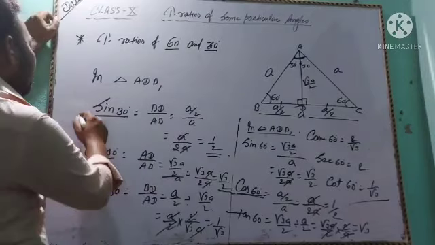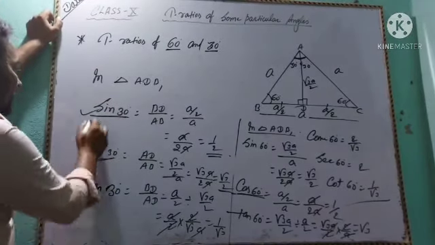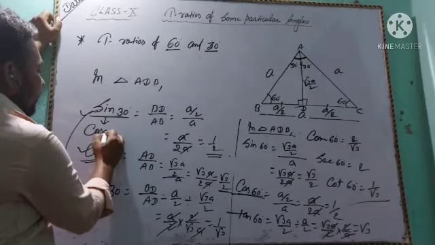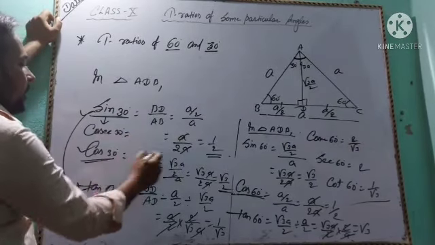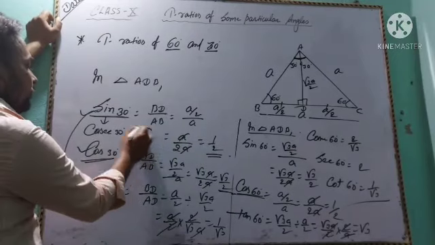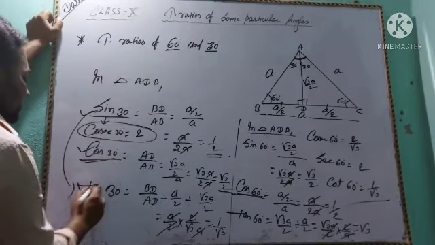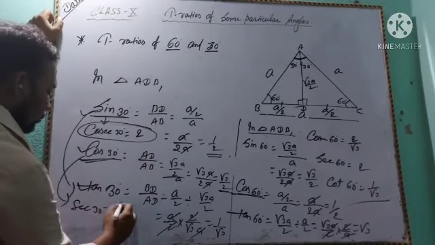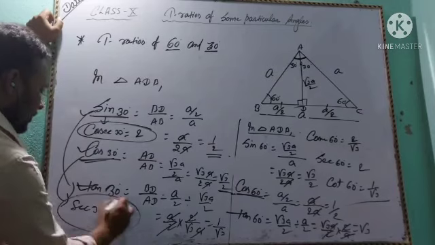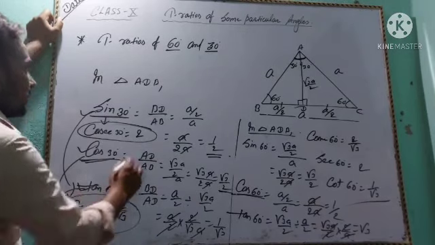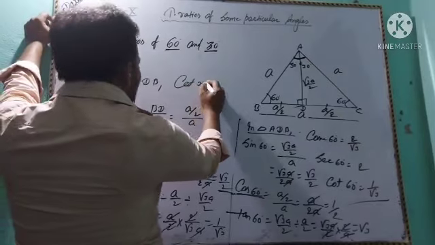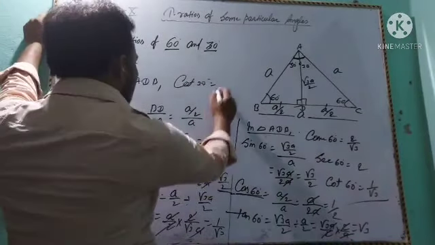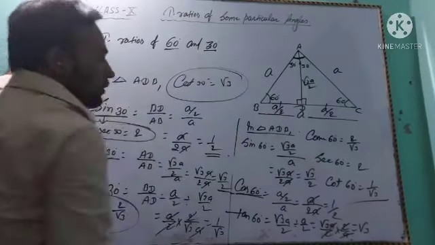Okay, so students, we have found sin, cos and tan. The reciprocal of sin 30 degree is cosec 30 degree, and the value of cosec 30 degree is 2. And the reciprocal of cos 30 degree is sec 30 degree, and the value of sec 30 degree is 2 by root 3. And the reciprocal of tan 30 degree is cot 30 degree, and the value of cot 30 degree is root 3. Okay students,